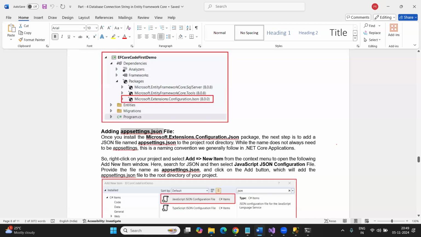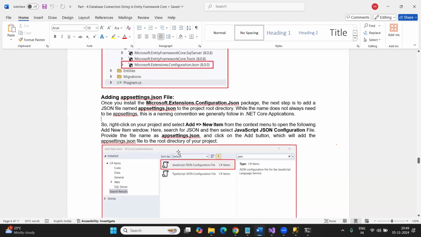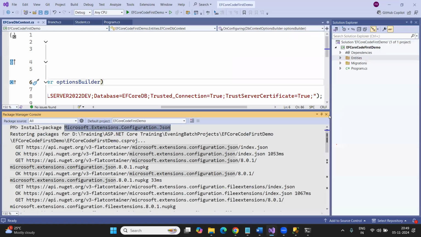Right now, I can create a JSON file. This JSON file, you can give it any name. Suppose my settings, my app settings, XYZ, ABC, whatever name you want to give, you can. Generally, as per the industry standard, any configuration data we want to store, we need to give that file name as appsettings.json. This is an industry standard. So let us proceed and see how we can add the connection